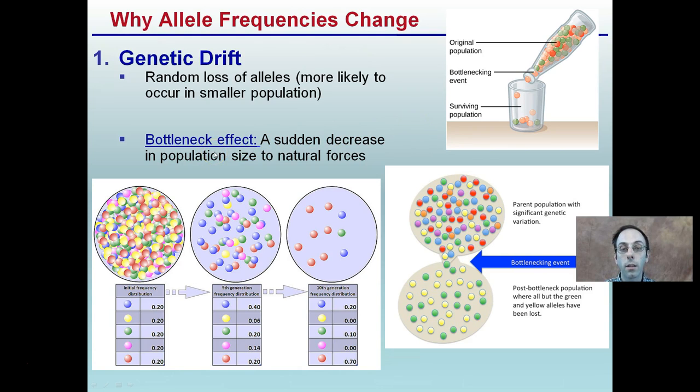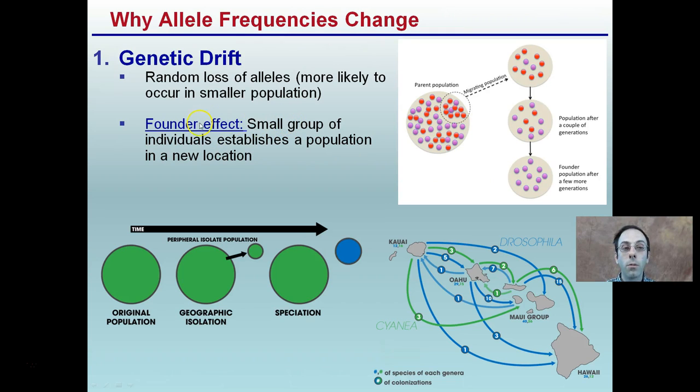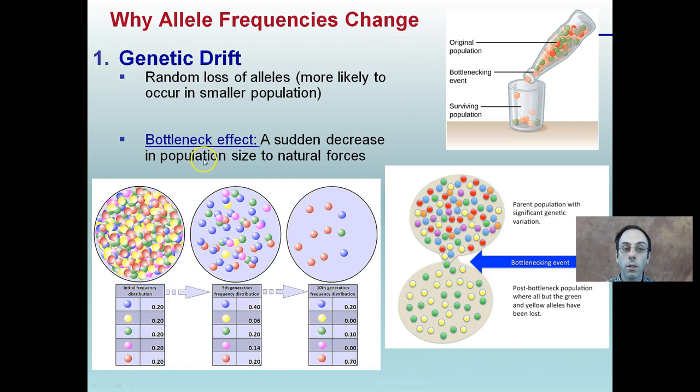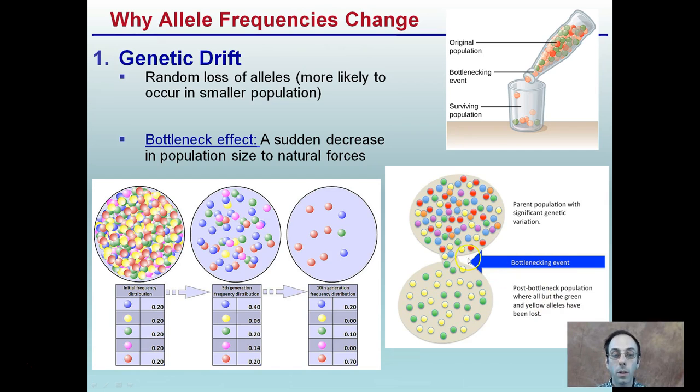the bottleneck effect. So again, under genetic drift, we have the founder effect, which is a small group of individuals establishing in a new location. Then we have the bottleneck effect, which is a sudden decrease in population size due to natural forces. Kind of that necking down here. Parent population, significant genetic variation, a bottleneck event occurs. Could be disease, could be famine, could be a whole host of reasons. It's called a bottleneck because it kind of